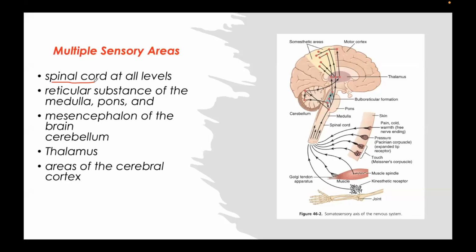We have the reticular substance, which is found in the medulla, the pons, as well as the mesencephalon. Another area, which is a sensory area, is the thalamus, as well as other areas of the cerebral cortex. Now, in case you have only a few neurons left, what you should memorize for the exam are the following: the spinal cord